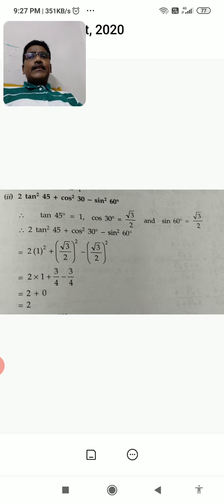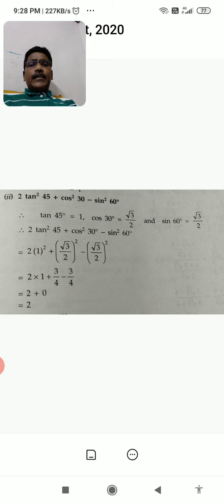This is the way to find the answer by using the table. The total exercise depends on the table only. You copy the angles from the table and afterwards you open the brackets. If needed, take the LCM. If any cancellation is there, you can cancel it, then afterwards you will get the answer. The important thing is the table. In the last exercise, important are the ratios or the 3 formulas only. Okay, I will go ahead.